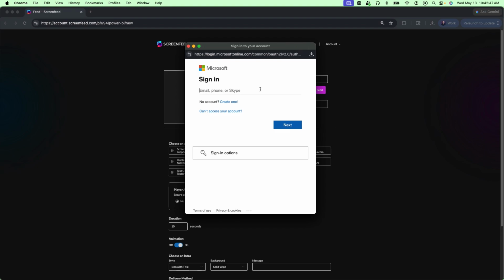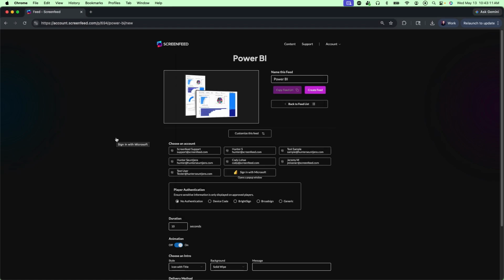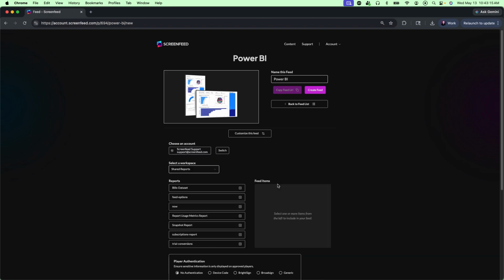This installs an enterprise application on the Microsoft tenant that can be scoped further by administrators in Microsoft Entra. It also leverages Microsoft's login authorization, which means that any two-factor authentication that is enabled will be accessible and required in this modal window. Once logged in and authenticated, choose your account.